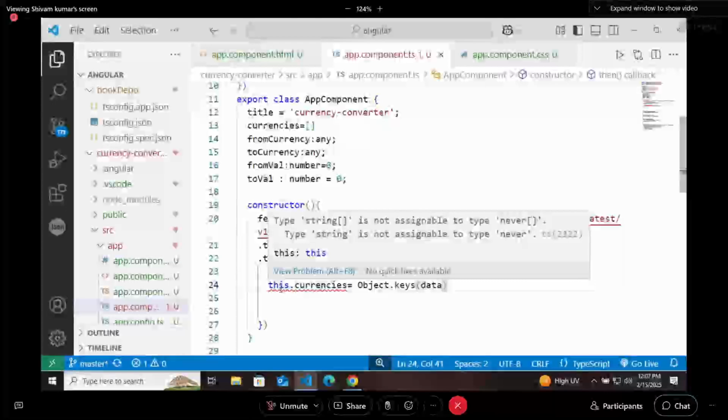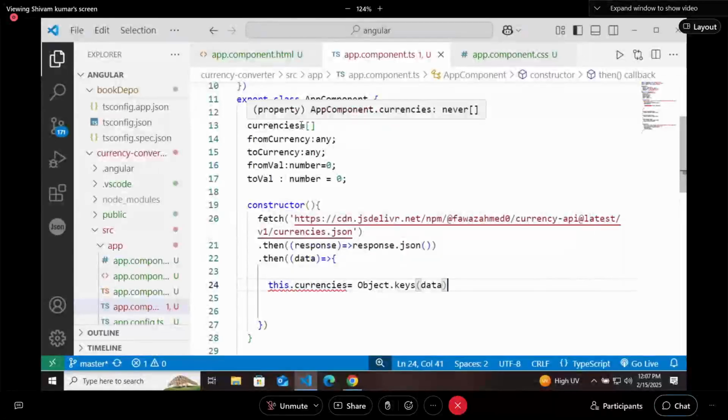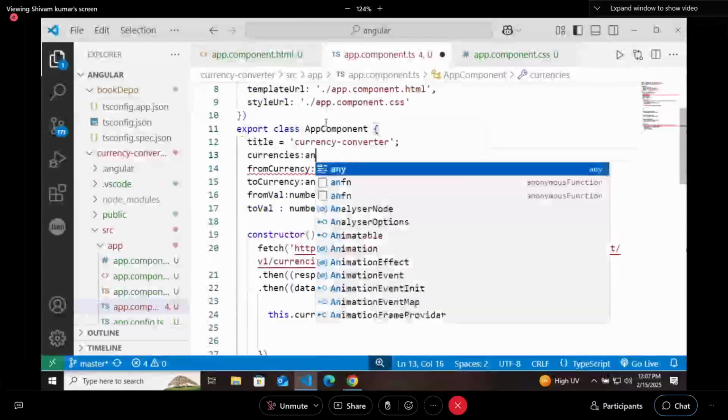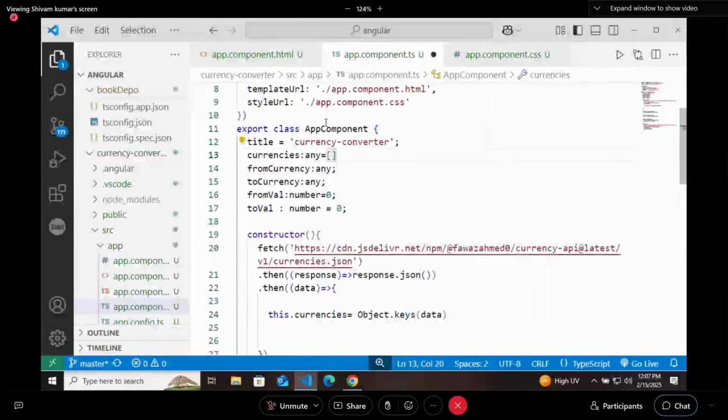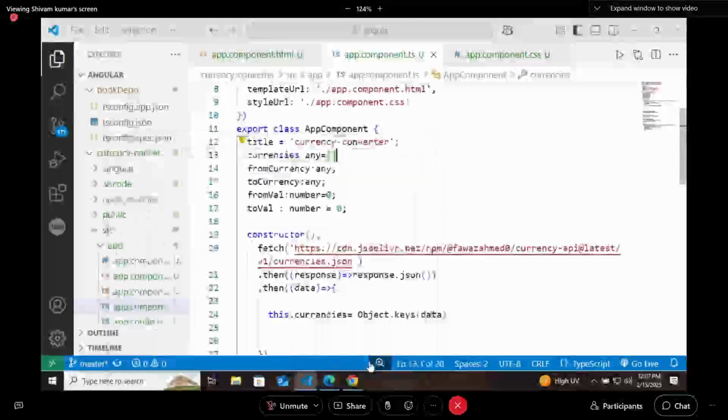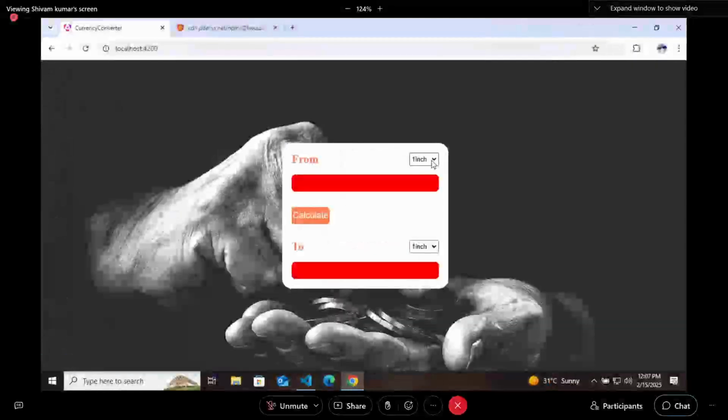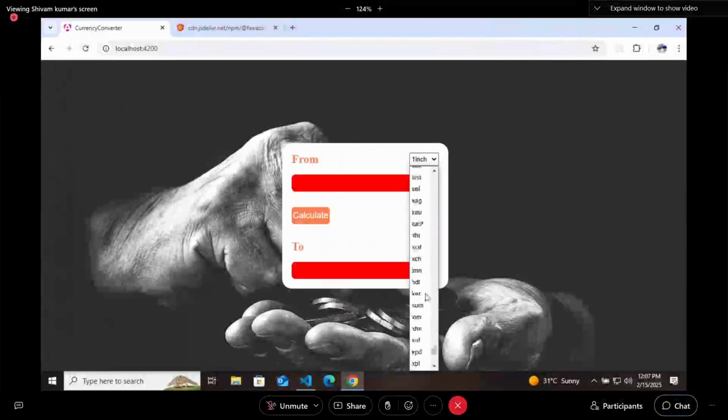Type string is not assignable to type never. Currencies will be of any type and it is an array. It will make a slight change in your project, that now you will be getting all the currency codes here. You will be getting all the currency codes instead of names.